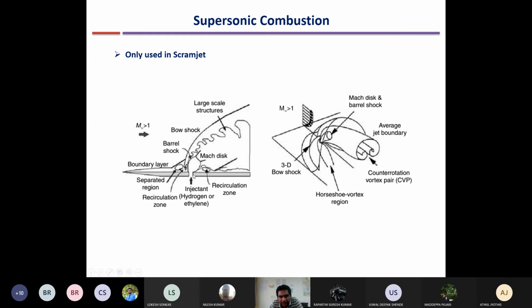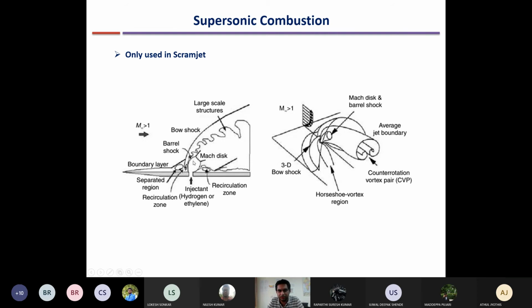So this is injected, and because it acts like an obstruction to the incoming airflow, it creates a shock wave, a three-dimensional shock wave, this bow shock that you can see. In this section, you can see this line. In the third direction, it looks like this, like the front of a helmet. Because of the shock, a flow separation is created. The boundary layer separates and creates a recirculation region as well as turbulent mixing inside. This recirculation and turbulent mixing helps in holding the flame within the shock. So the shock actually helps in holding the flame.